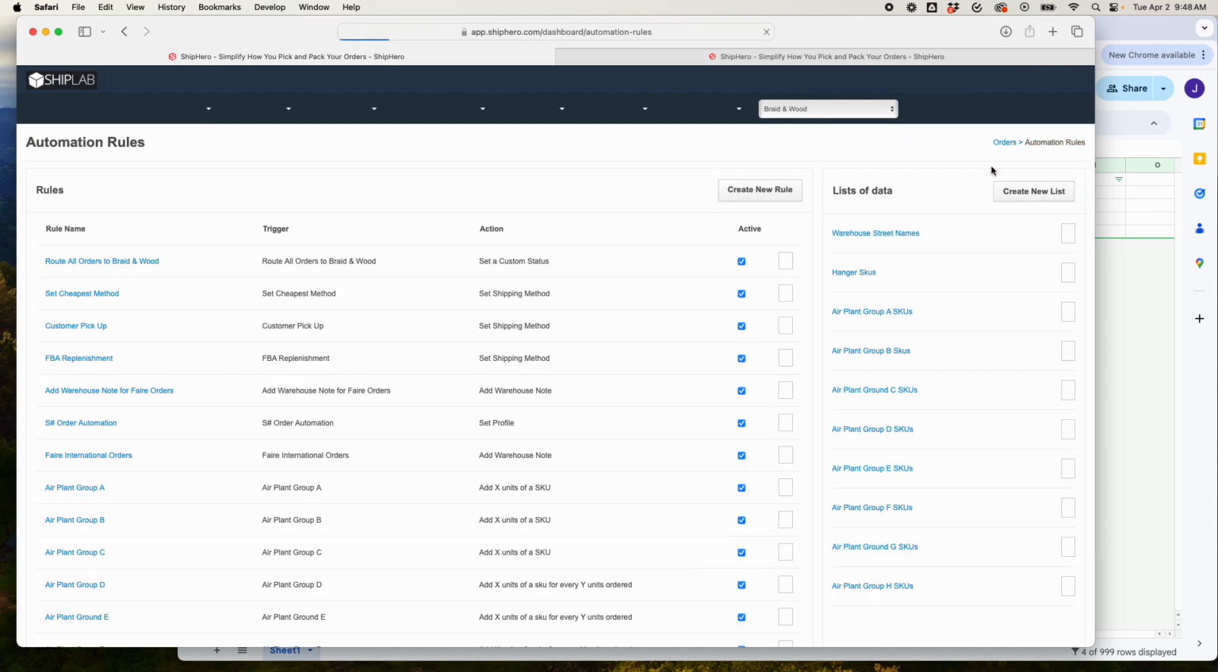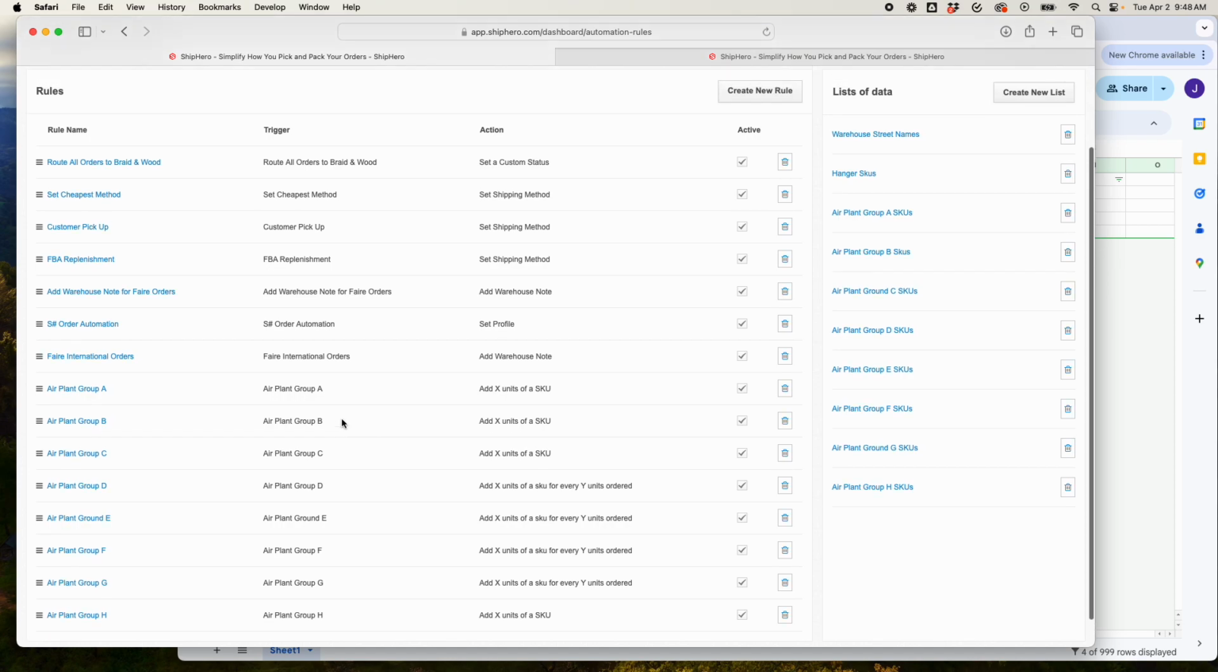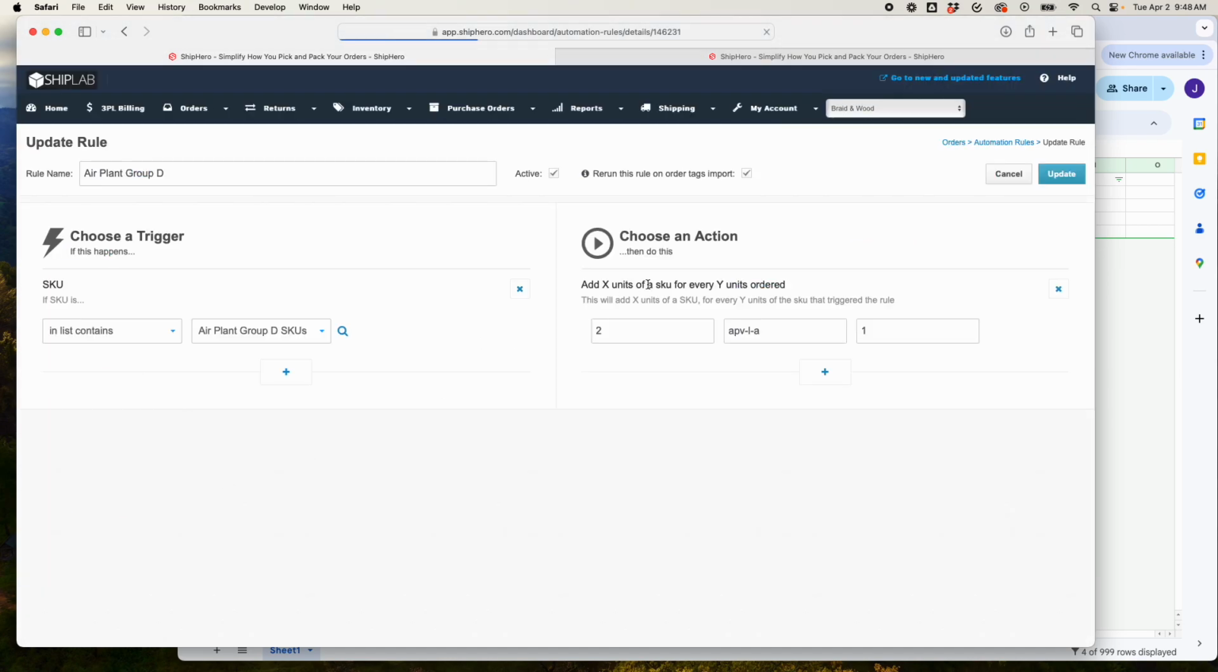So the other way that you could set this up is, let's say you need to add multiple units per 1 unit. And here's a good example. So this other group said that if the SKU comes through and it's on this list, we actually need to add 2 units of a specific SKU as opposed to a 1-to-1. So the automation action that you want to set up for that is add X units of SKU for every Y units ordered. And I'm just going to show you what the placeholder is so that it makes it a little easier. So by default,